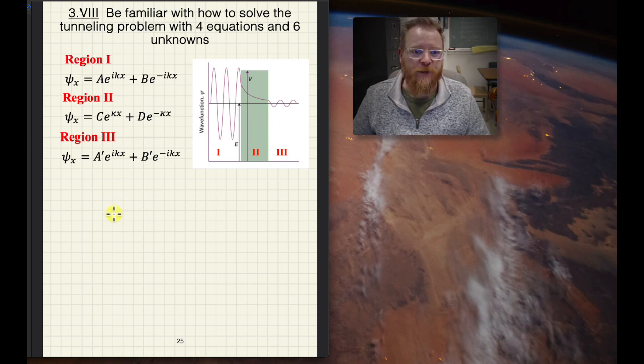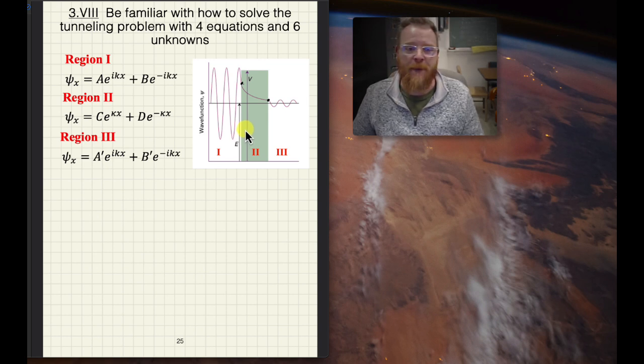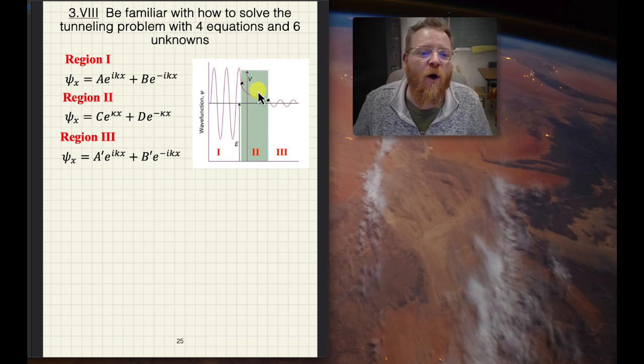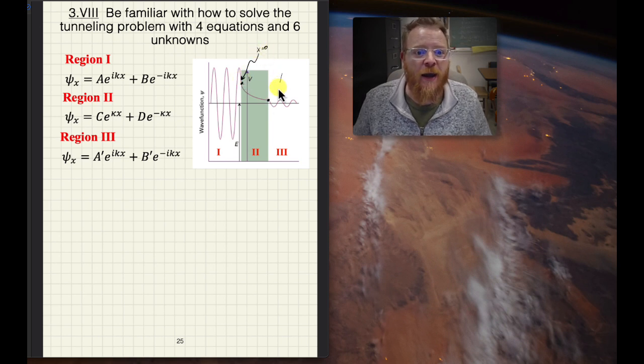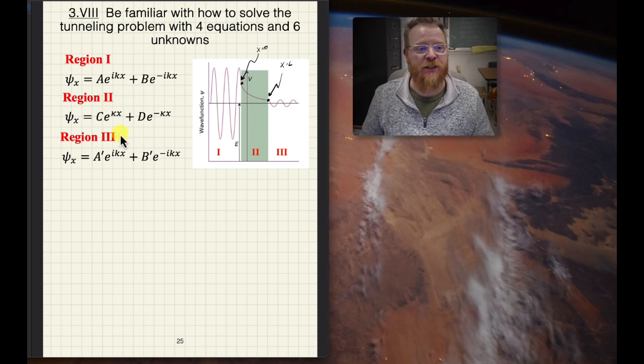Let's go for it. So first, the wave functions have to be continuous. So really the value of the wave function at the border of region 2 and region 1 has to be the same, and the value of the wave function at the boundary of region 2 and 3 has to be the same. And for convenience, we're going to call this boundary right there x equals 0, and we're going to call this boundary right there x equals L. So for that first condition, we need to set region 1 equal to region 2. So we can say